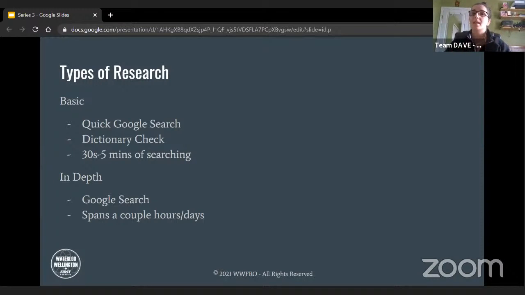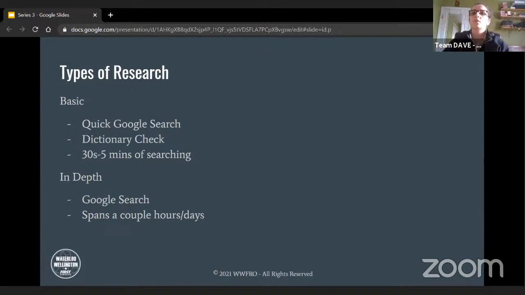And then there's also the in-depth look. That is also like a Google search. Think about when you're researching for school papers. It can span a couple of hours or a couple of days. It's more intense. It's really looking at the competitors for your product and your market brand. So not just what the name of the product is, but what the actual product is. Taking a look at the news, the App Store, using all these different mediums to look up what you could be facing and what your competitors are, because that is also very important.